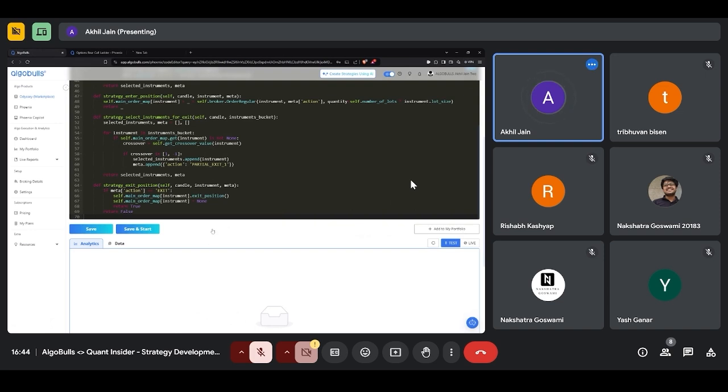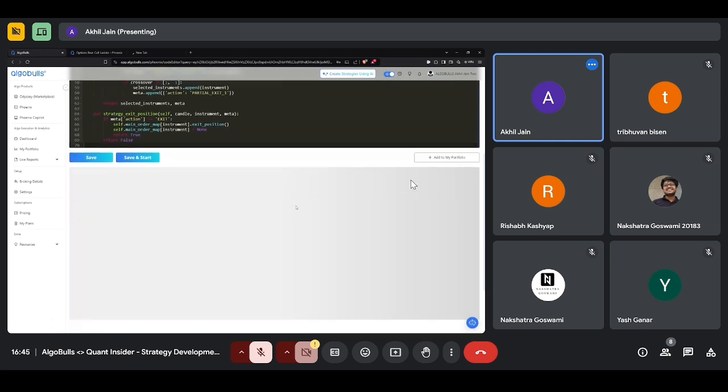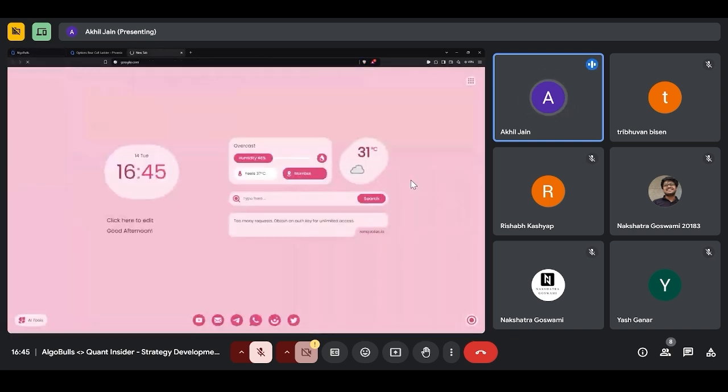Sorry, there's some lag. If already my 4 days of testing is done from 4th December to 8th December, then I should see that data here. But I guess I have some data issues because of which a simple website like Google is also not opening. So please give me a moment.